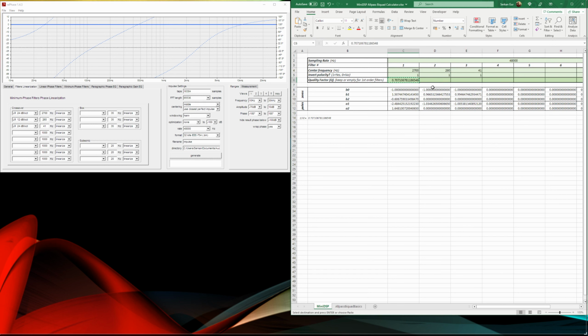So I copied this number here. In fact, we found out this to be 0.6 if you remember, for better match. So I have these three filters. If you needed to apply, for example, 48 dB per octave correction at 2700, you just go and add another second order all pass.